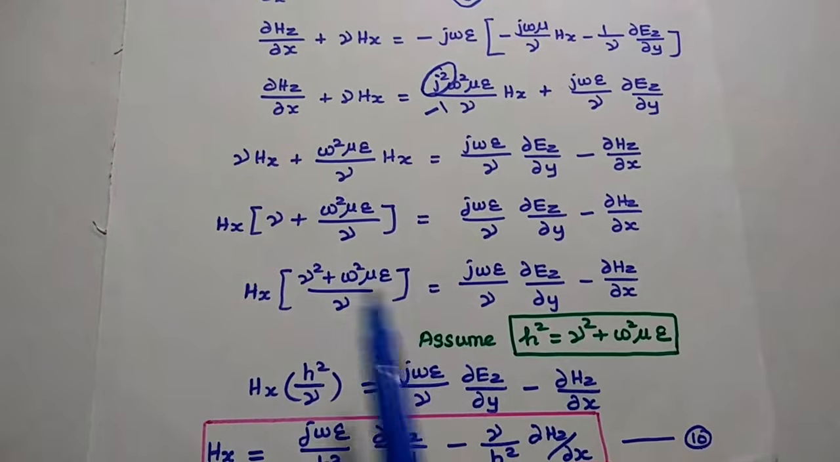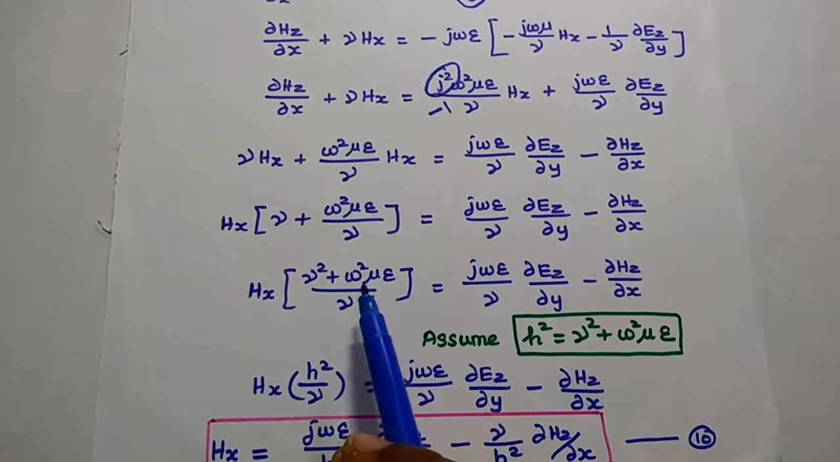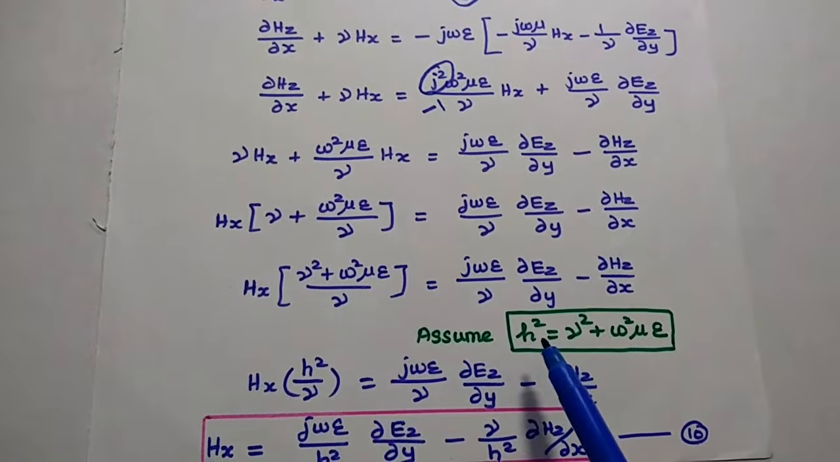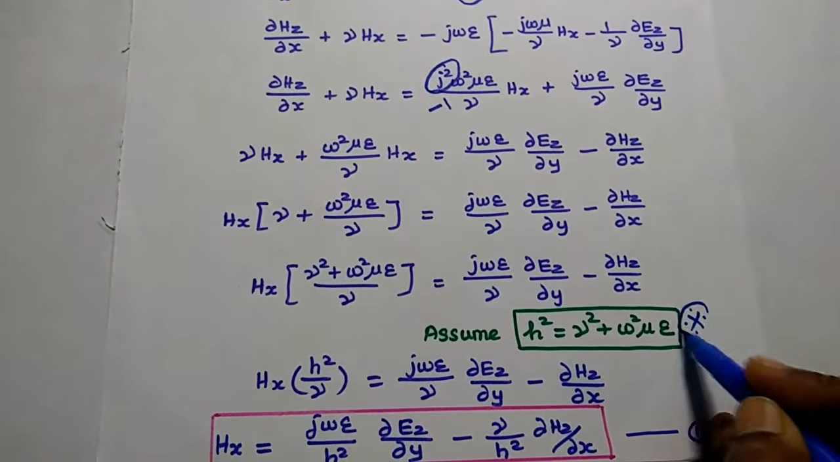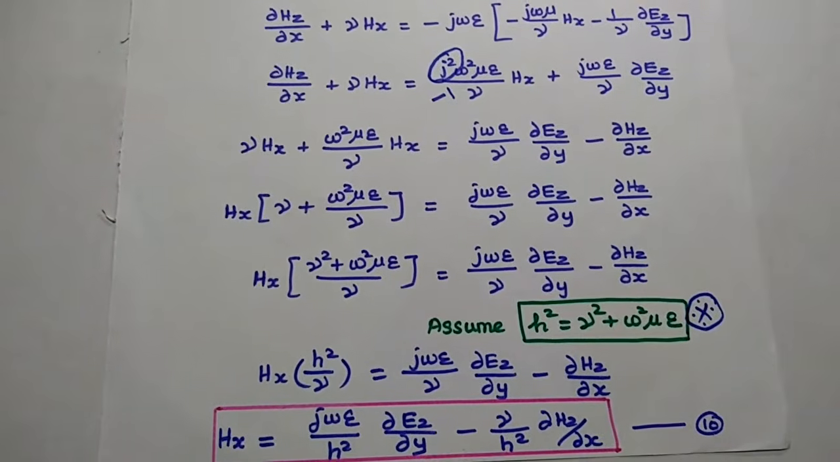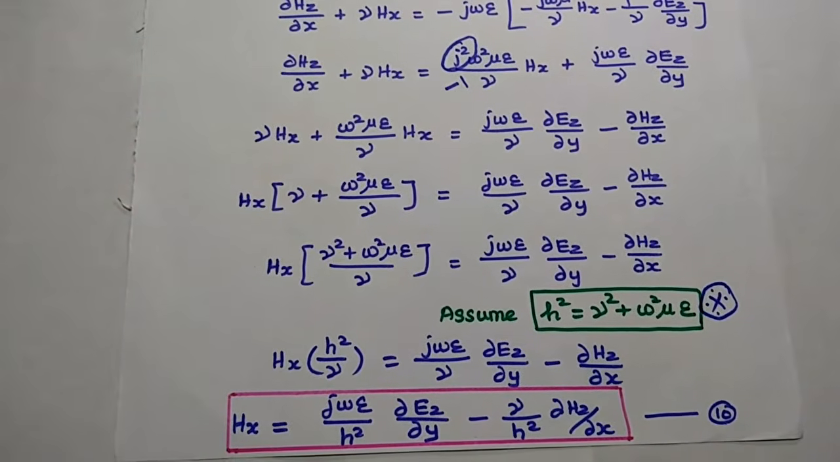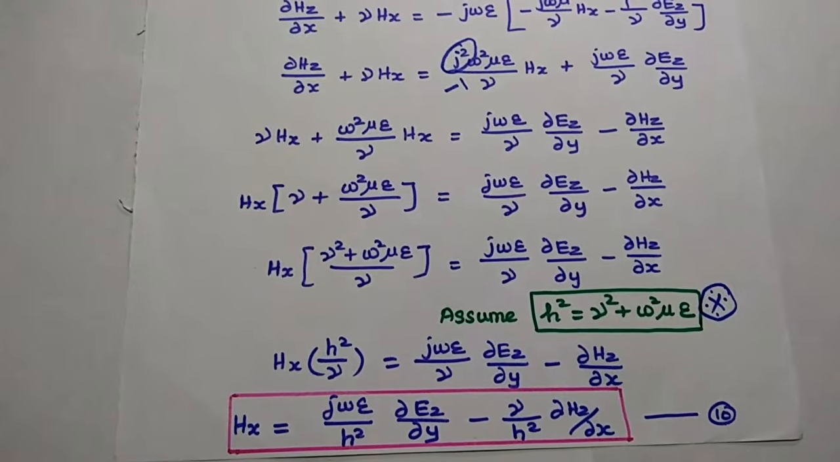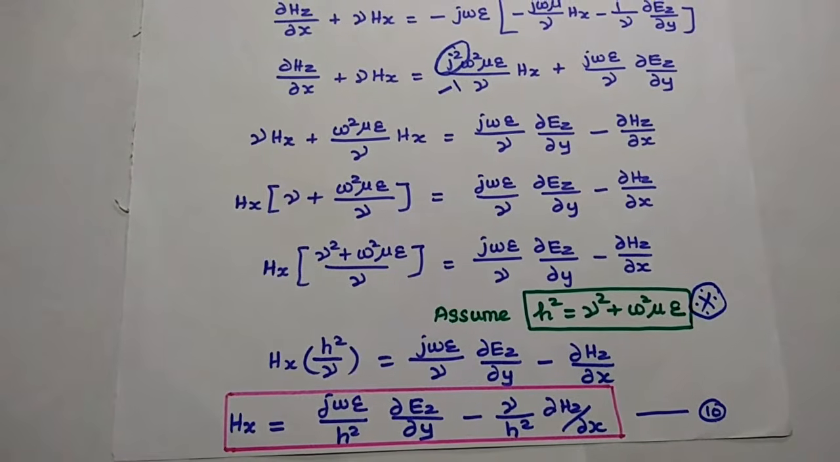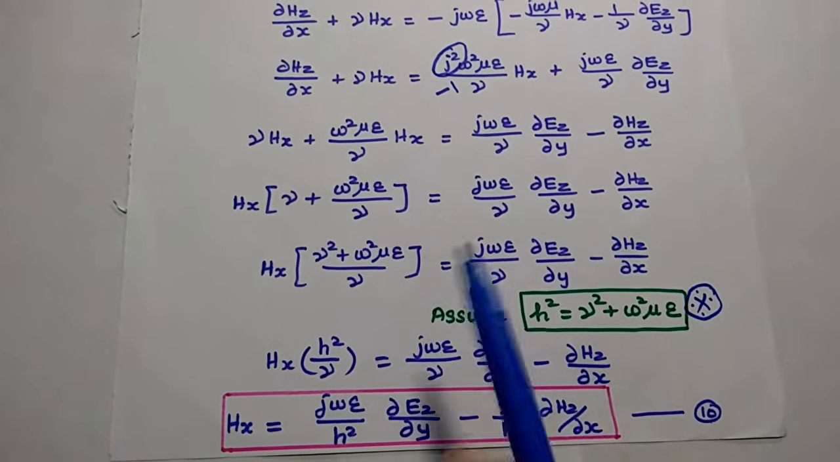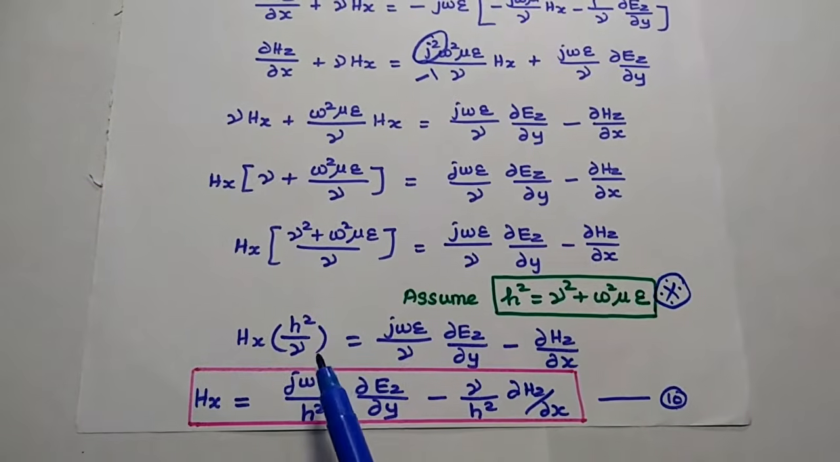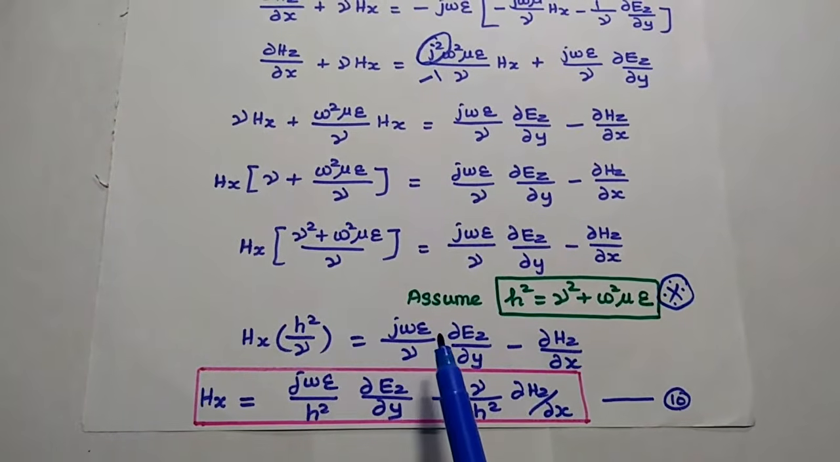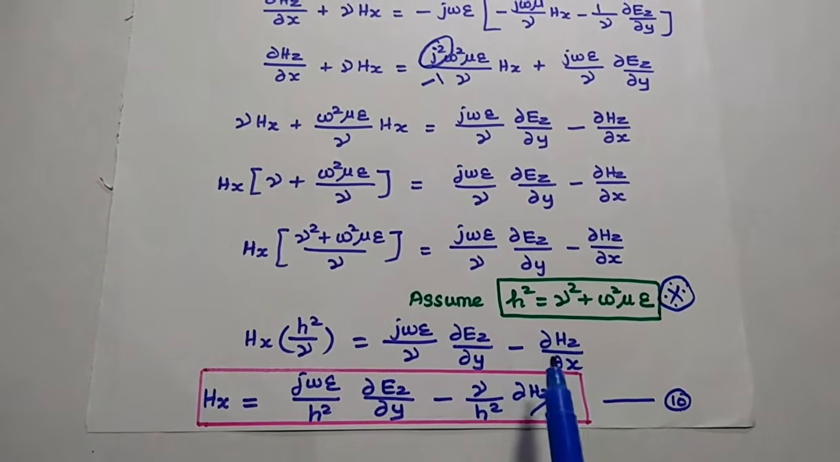Here we can assume this gamma squared plus omega squared mu epsilon as h squared. This is a very important assumption, and this value can be used in the characteristics as well. Okay, so h squared is equal to what? Gamma squared plus omega squared mu epsilon. Then this term can be written like this: h squared by gamma is equal to j omega epsilon by gamma dou Ez by dou y minus dou Hz